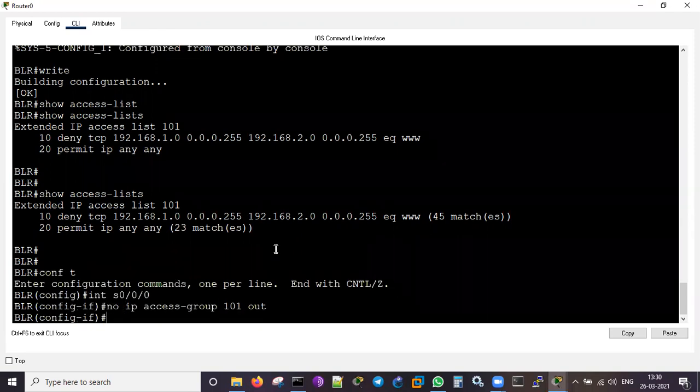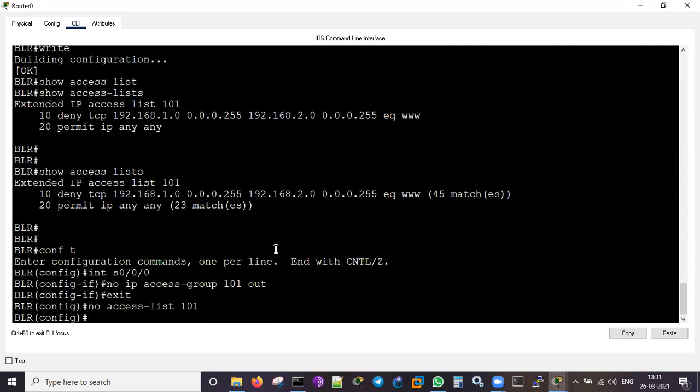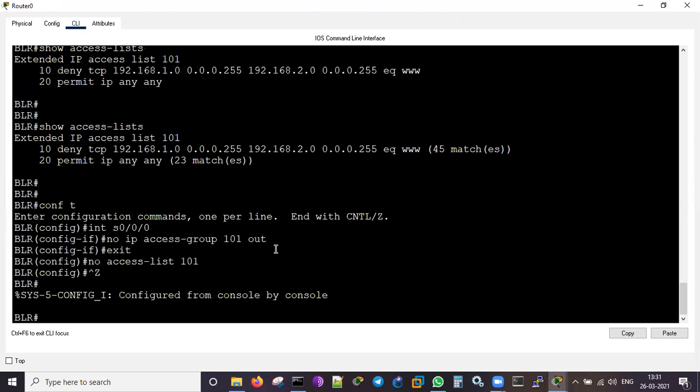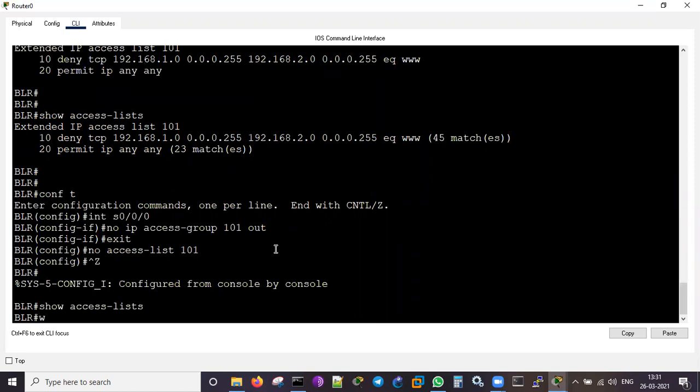No means it is removing the access group from that. Then I will write no access-list 101. That's enough, I don't need to write everything else as we did before. Now let me see show access list. Nothing is there.